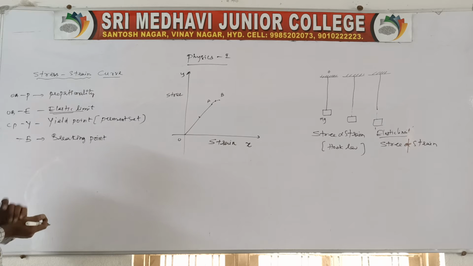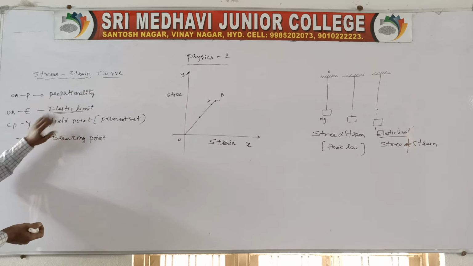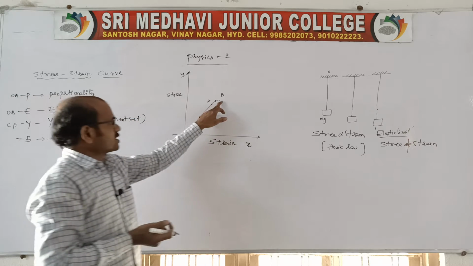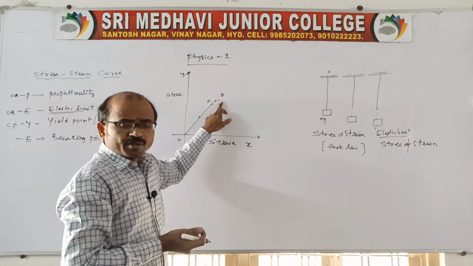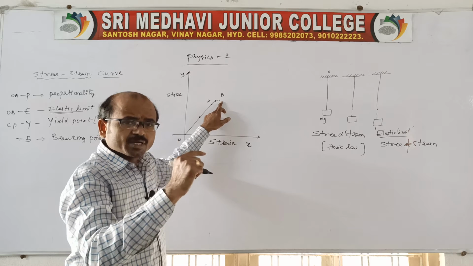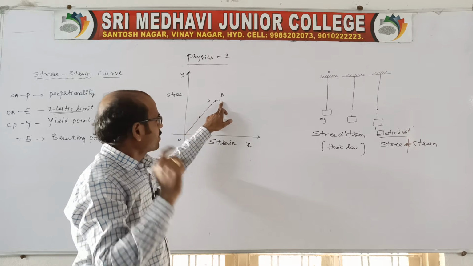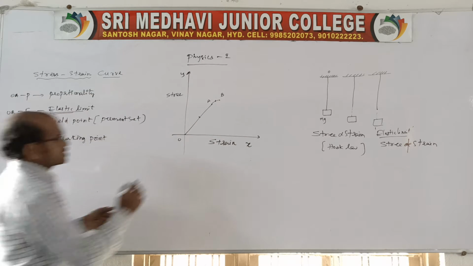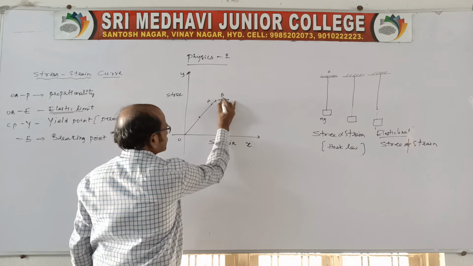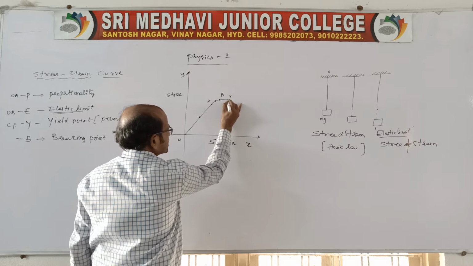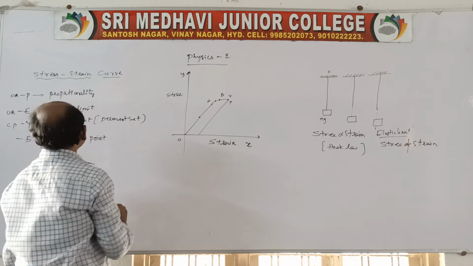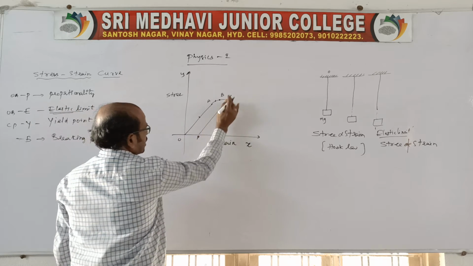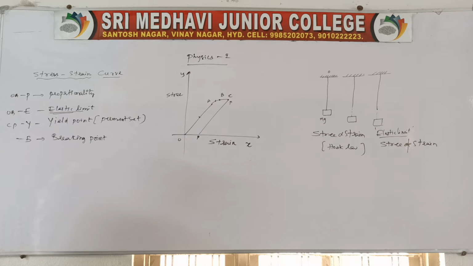That's very important, note this point. See, yield will start at the elastic limit because there the stress is not directly proportional to strain. That means yield is started at point B only, at the elastic limit only. We can draw the graph like this: this is yield, or we can say permanent set P, or you can say CP is the permanent set. CP we can call the permanent set, and it is the yield point also, because here yield is started.